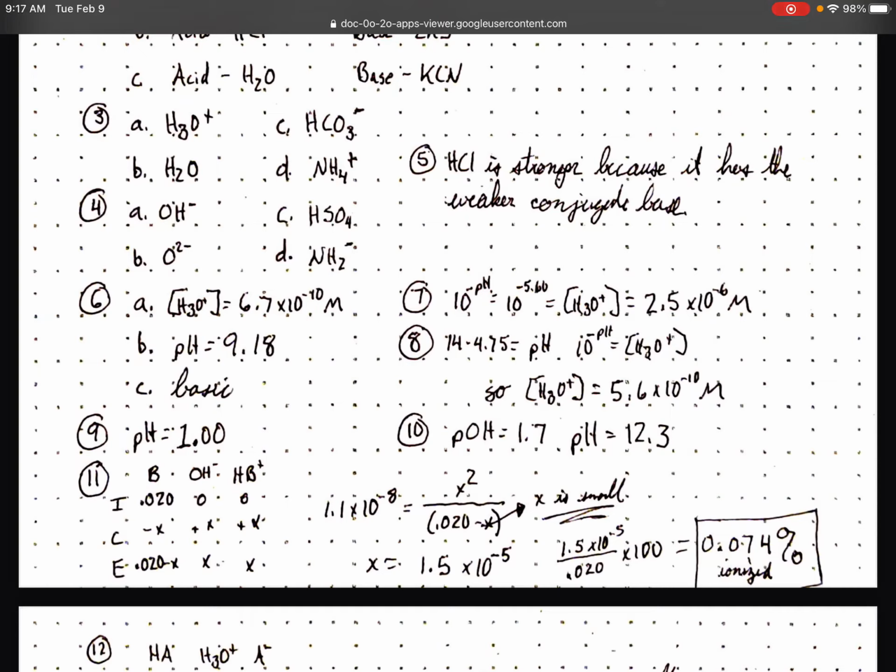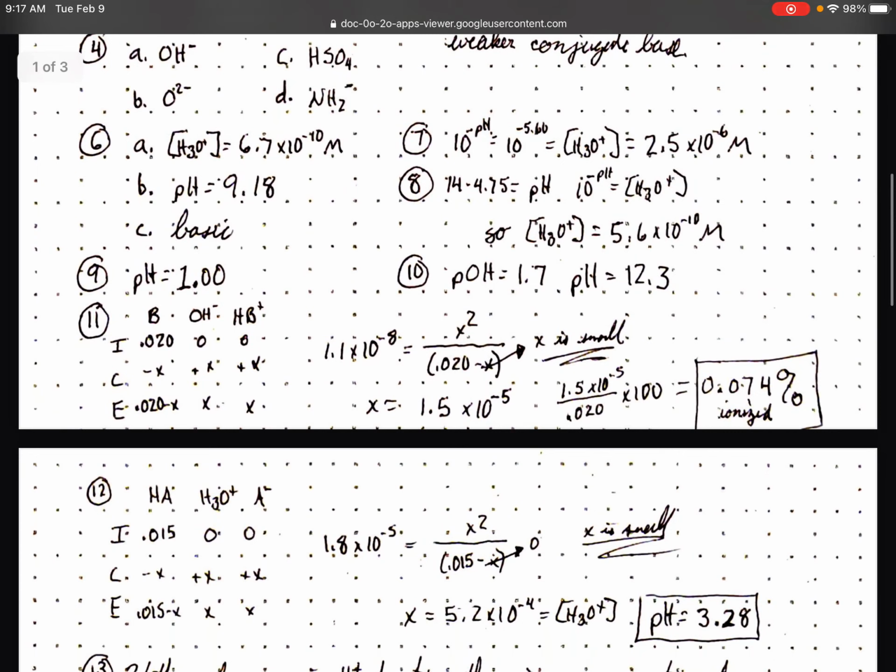On number 7, you have a solution with pH of 5.6. You got to calculate everything, so you're just using the circle of life, once again, 10 raised to the negative pH. Number 8, you can do 14 minus the pOH to get the pH, and then 10 raised to the negative pH will get you what you want. Number 9, it's a strong acid, negative log will get you the pH. Number 10, that's a strong base, negative log will get you the pOH, and then 14 minus that will give